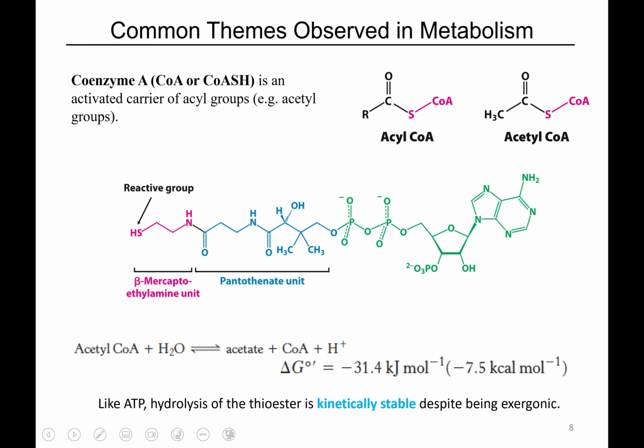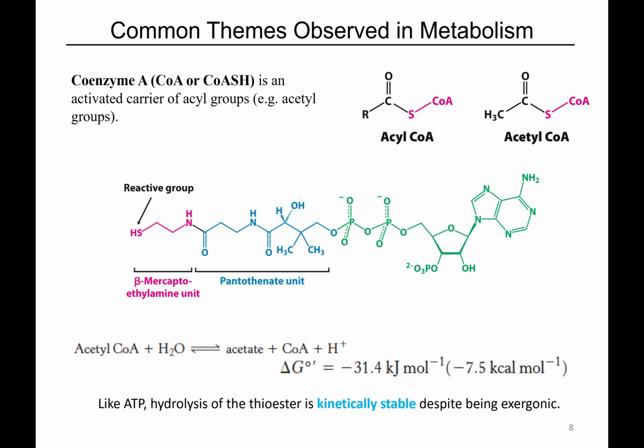Coenzyme A. Once we get to the end of glycolysis and we start thinking about transitioning from glycolysis into the TCA cycle, we're going to start seeing coenzyme A present a lot, especially when we start dealing with fatty acids, because coenzyme A is the most critical acyl carrier, carbon chain carrier in our cells. So the idea is really simple. We have an ADP.